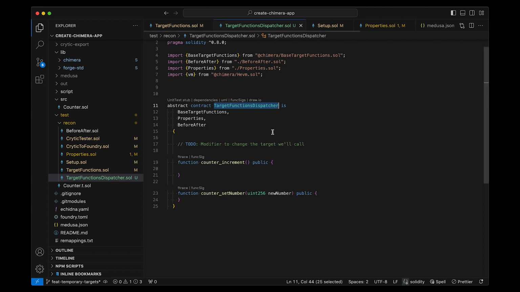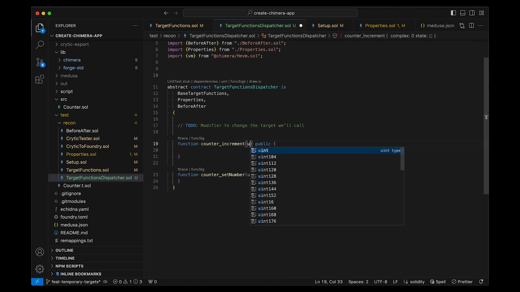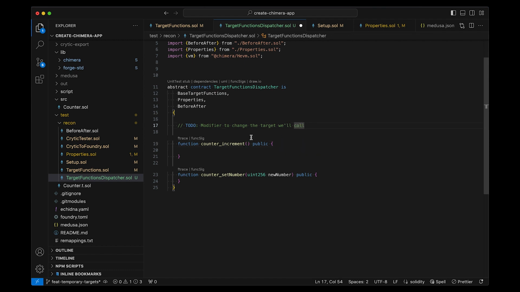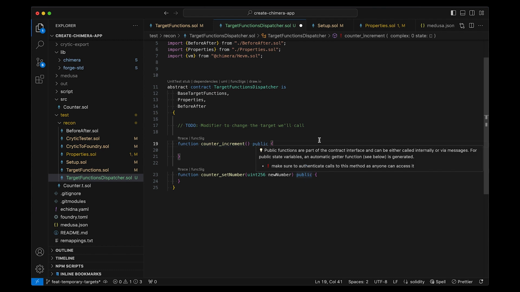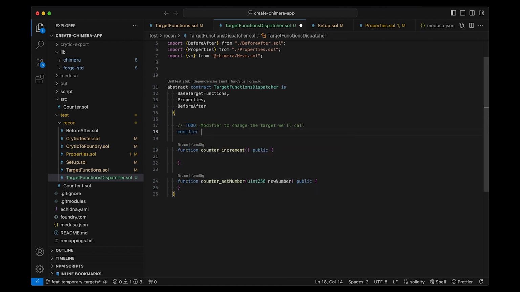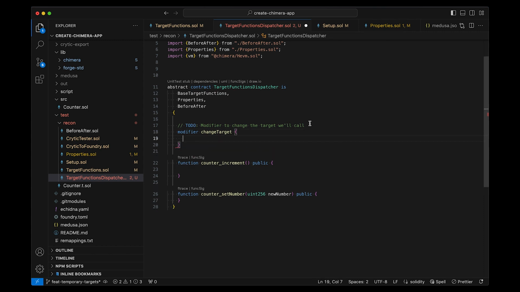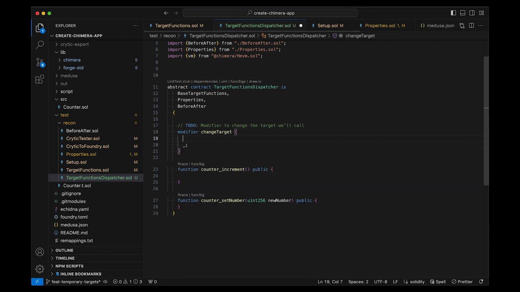We'll then go to the dispatcher. We'll add a uint256, or actually we can just use a modifier. An alternative would be to have some sort of an index in each parameter, so that we would receive the parameters as built by Medusa and forward them, but then have an index to switch. But we can also use a modifier here, modifier change target, and the modifier will effectively perform the operation,